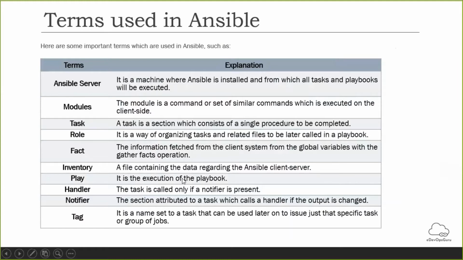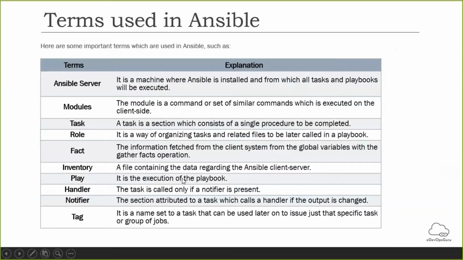The structure has key-value pairs. In the example snapshot here, it is basically a student record where we have names and roll number. This is the structure of YML. Why am I explaining YML? Because the playbook is written in YML, so we need to follow this structure when we write the playbook.